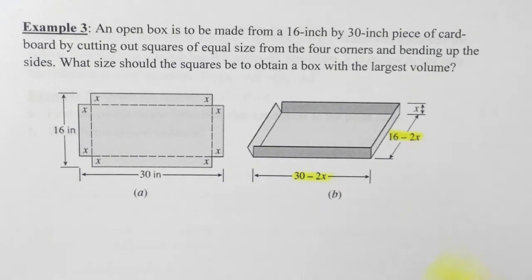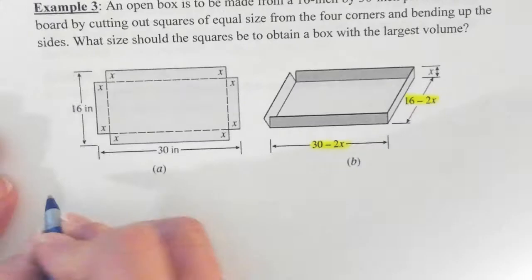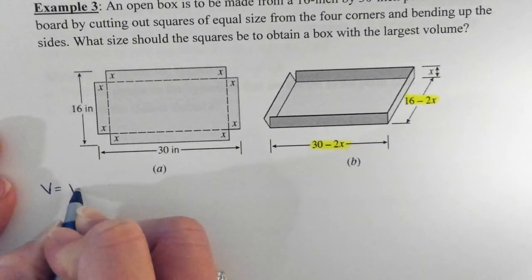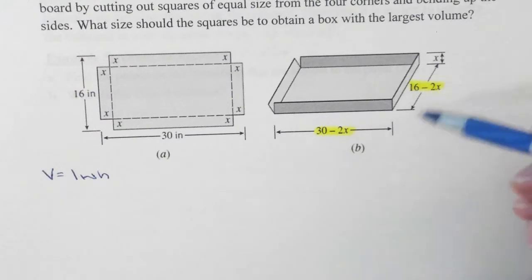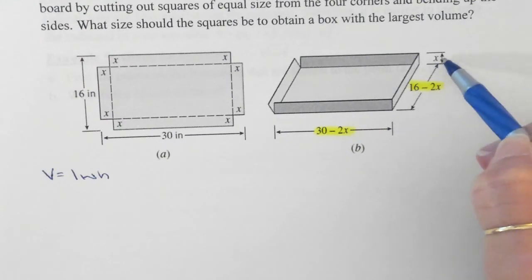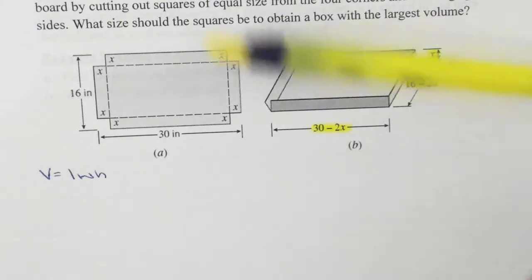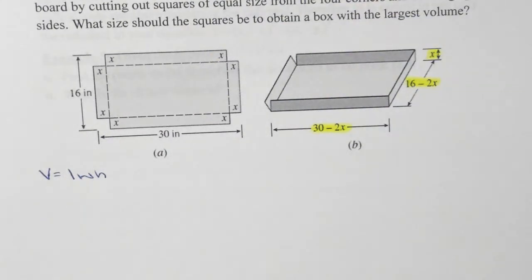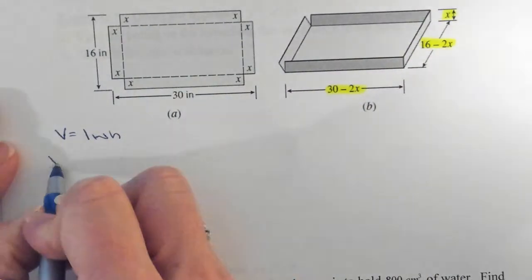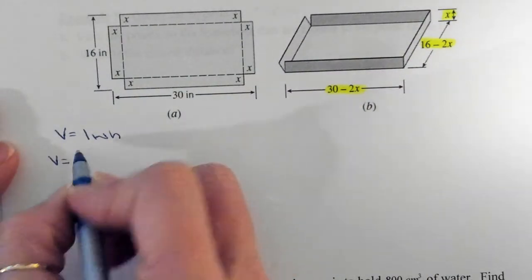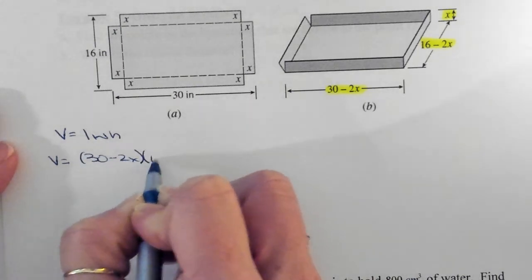How do you find the volume of a rectangle or a box or whatever? What's the volume formula? Yeah, it's length times width times height. So we have the length, we have the width. What's the height? It's X, so it's right here. Okay? So what we have is the volume being equal to the length, which is 30 minus 2X times 16